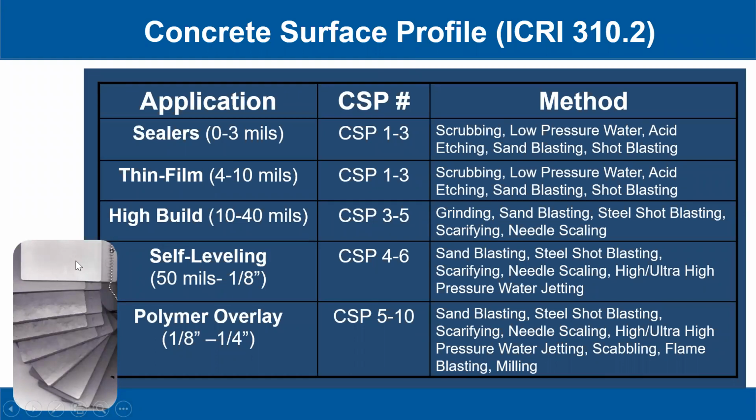And I love that in the bottom left of your screen, you've got some rubber comparators. These are 3 inches wide by 6 inches long. And they're just the comparators of the concrete surface profiles 1 through 10. If you're someone that goes out to job sites, especially if you've got to go look at a failure or an issue with a residence floor, a set of these only costs about $100. You could reach out to me or Todd and we could tell you where to get them, and we'll show you our email addresses later, and it's in the chat box. You could lay this on the concrete and you would know what the surface profile should have been, and you can put this comparator and find out if you met the surface profile or not, if the